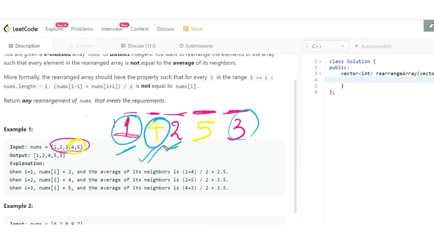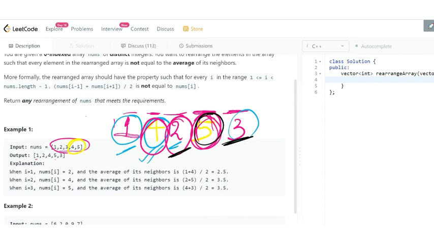And if we see 2, both of its neighbors are larger than 2, then their average is not going to be equal to 2. And if we see 5 now, both of its neighbors are smaller than 5, then their average is not going to be equal to 5.